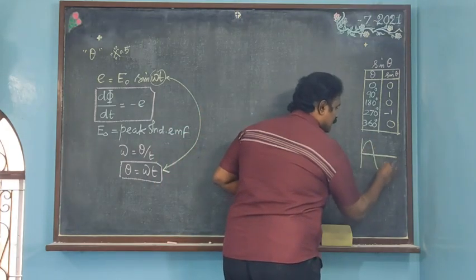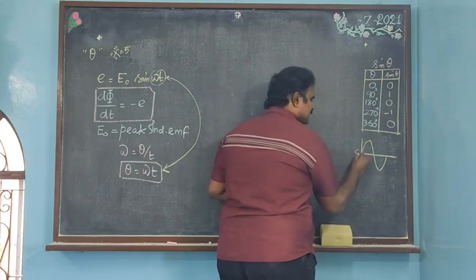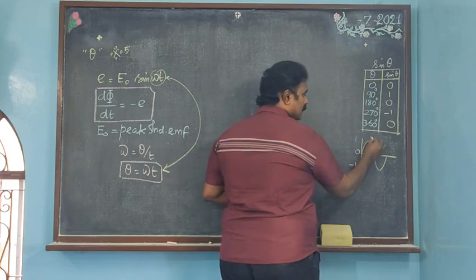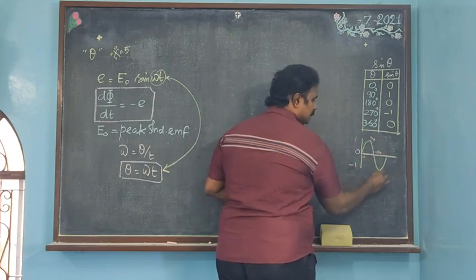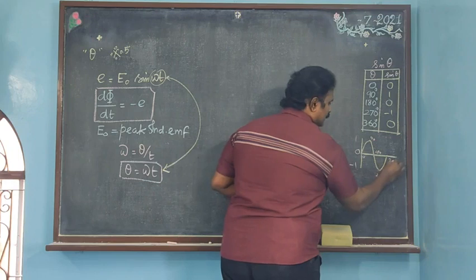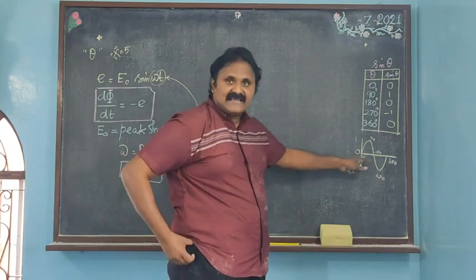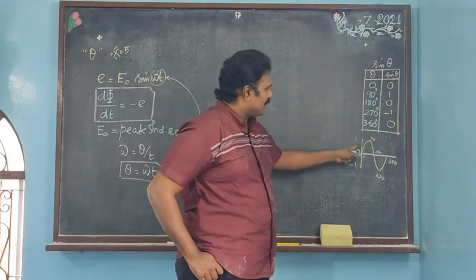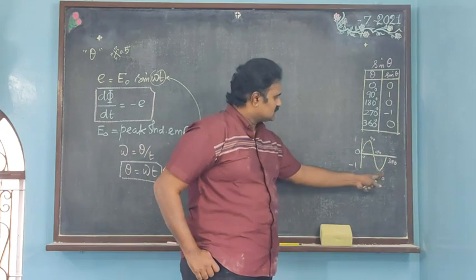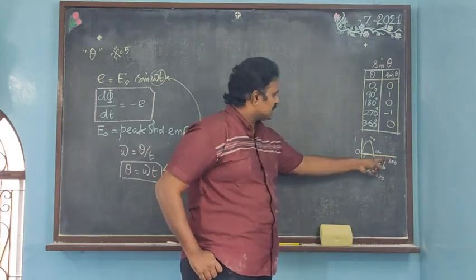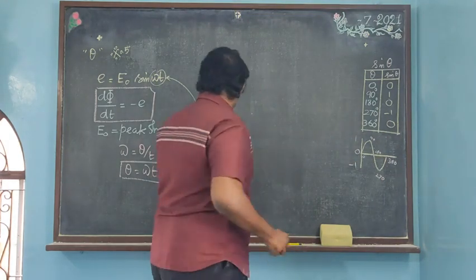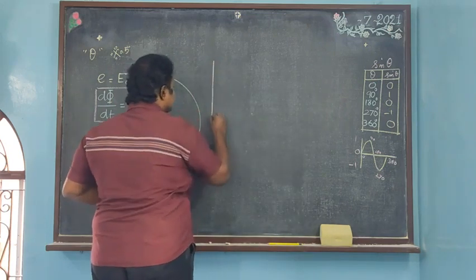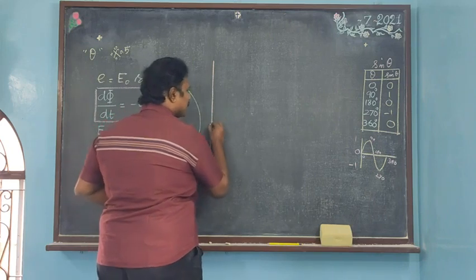You draw a graph like this. Put this as a 0, 1 and minus 1. Now you say 0, 90, 180, 270 and 360. This is called as a sine curve. Sine 0, 0. Sine 90, 1. Sine 180, 0. Sine 270, minus 1. Sine 360 once again equal to 0. Now, I take this equation here. Try to understand what I am going to do here.